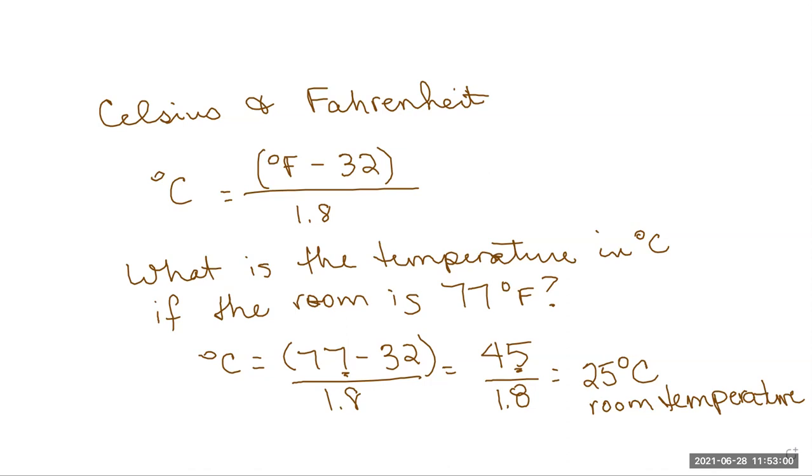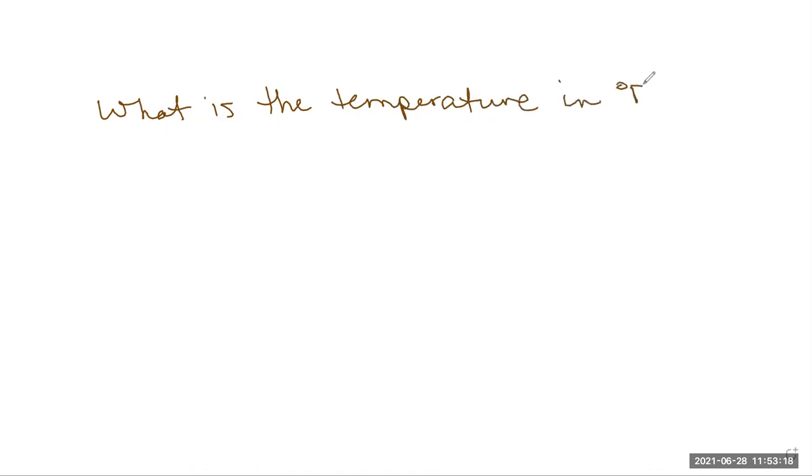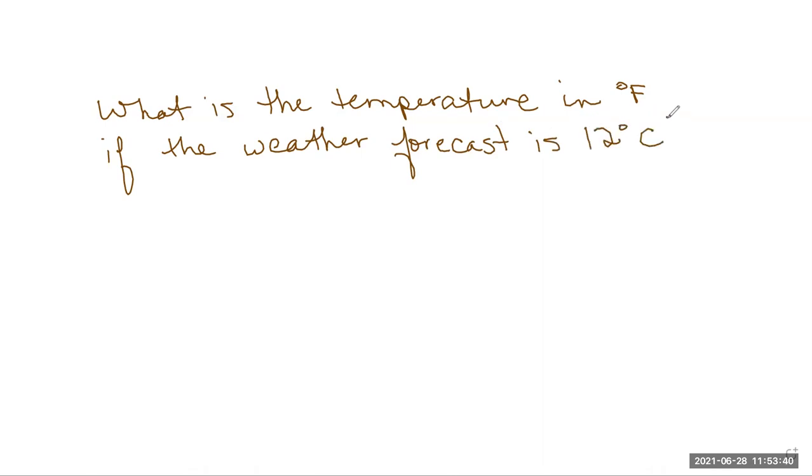All right, what happens if we want to go the other way around? So suppose I say, what is the temperature in degrees Fahrenheit if the weather forecast is 12 degrees Celsius. Okay, so if we know that degrees Celsius is equal to Fahrenheit minus 32 divided by 1.8,